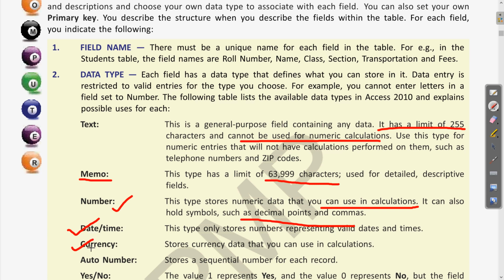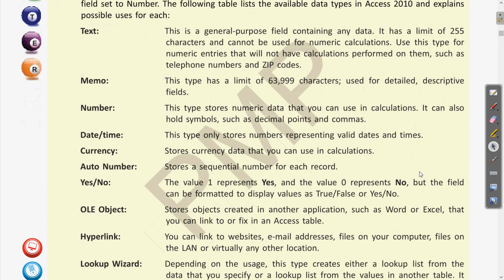Then auto number is a data type if you want to save a data where automatically the sequence of that is generated. For example, if you are making a record where we have the different names, and if you want that a serial number of all these automatically comes like 1 2 3, for making this sequence we don't need to enter it again and again. So for that we can use the auto number data type. If we make a field and give the data type as auto number, automatically this sequence will be generated. Okay,